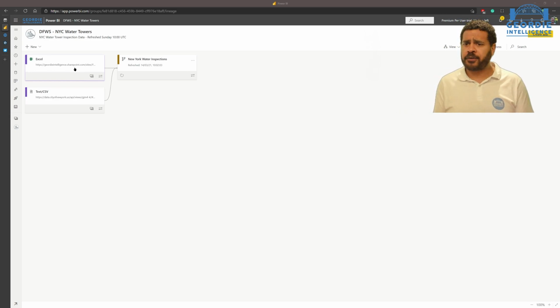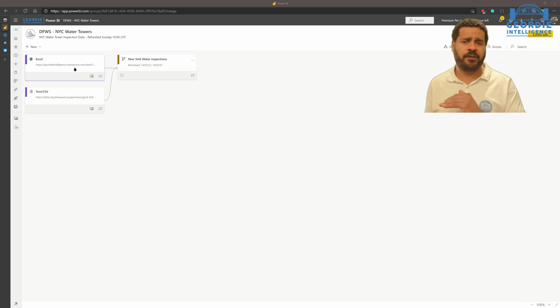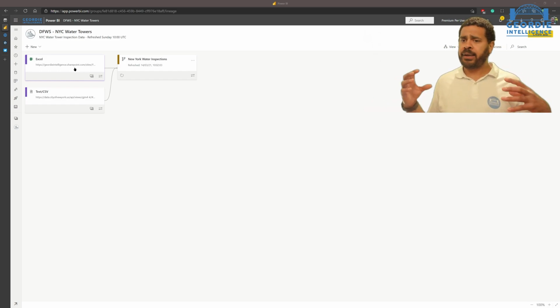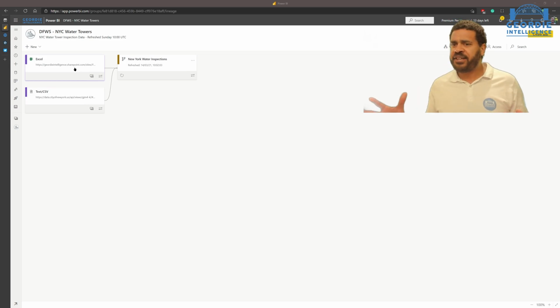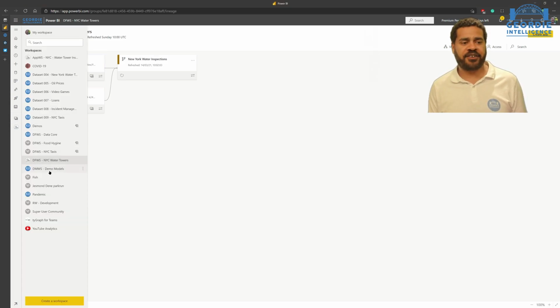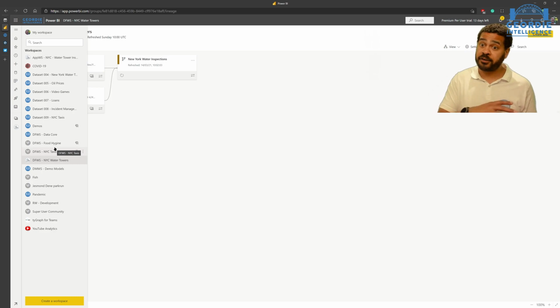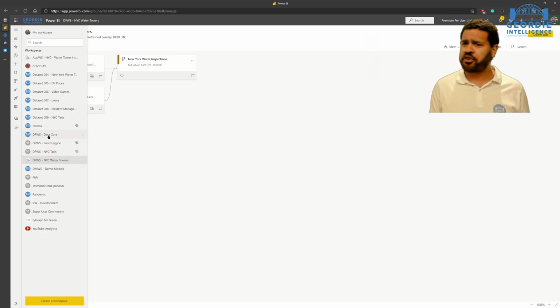Okay? And if you remember, we talked previously that you split them down 3 ways. So you've got your data ingestion, you've got your data model, and then you've got your consumption layer. So like the app workspaces. This is a data flow workspace. So multiple data flows can be built. You've got lots of things coming in. So you can see we've got a data flow workspace for New York taxis. We've got one for the food hygiene stuff, which is on the course that we're going to do. Of course, we've got with data core, right?